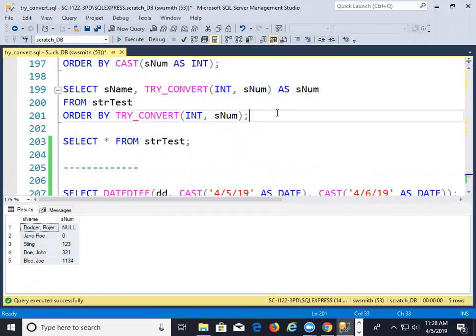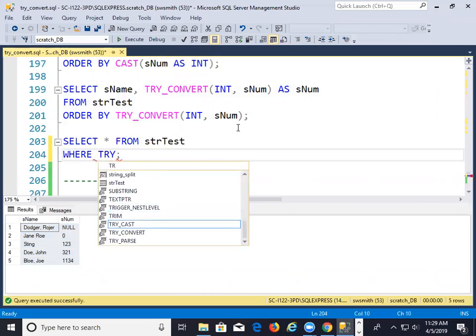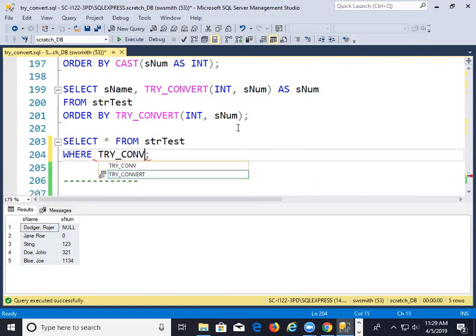Issues with numbers stored as strings. Several ways you can do that. You can convert them to integer, cast them to integer. I would do try convert. If you needed to go in and find all of the invalid ones, you would do try convert. So I can select from string test where try convert. Try to convert it. This is going to show me all of my